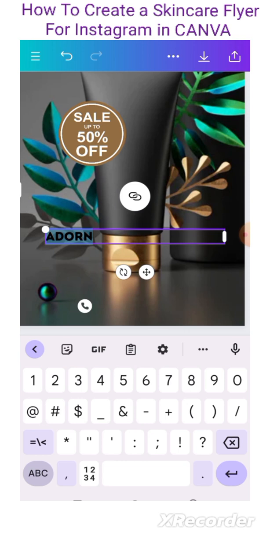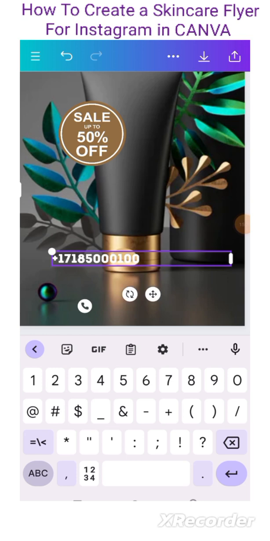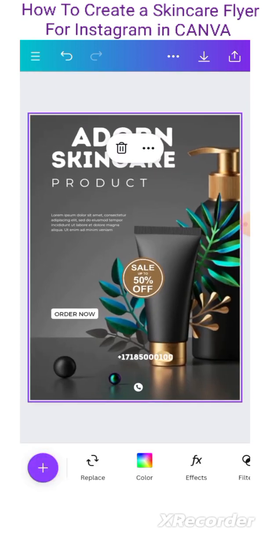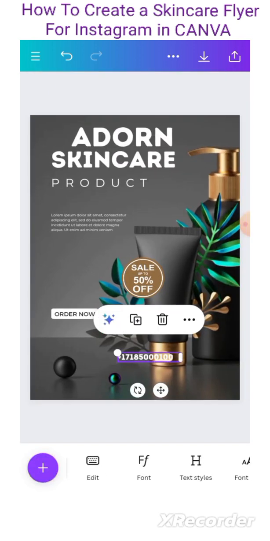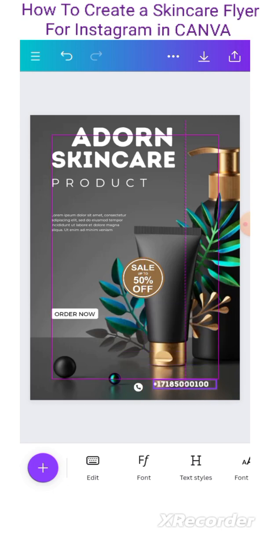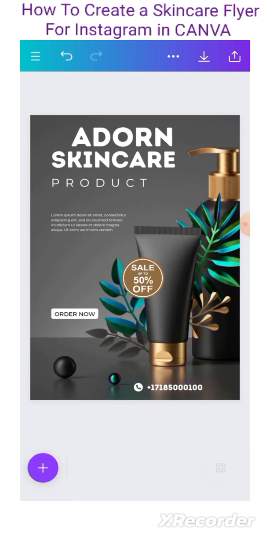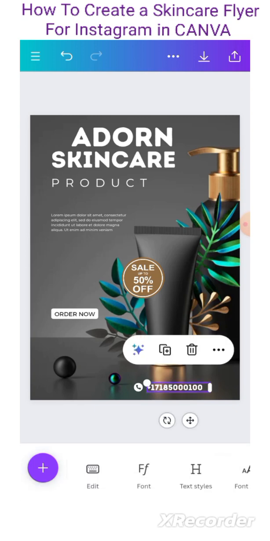So I'm doing the numbers now. For numbers, do plus 1718 500 100. Then I'm going to make this smaller. So let's assume that's the number. You like it as it is. Then click on the plus sign and drag it next to the sign of your phone, sitting right there. And if you think it's too small, I want my phone number to be bigger,